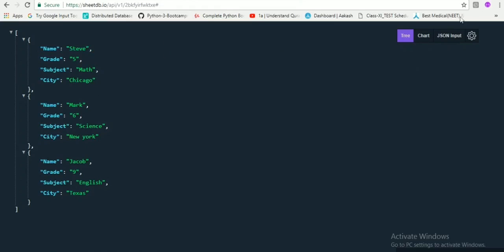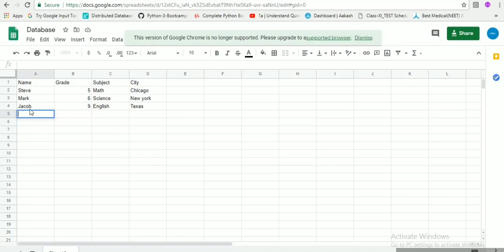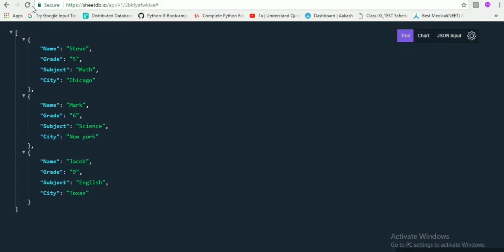And using this application, I've just changed it to look pretty now. So this is the information that is present inside this database. If you want, I could go and add something, let's say Robert, 10th grade, Spanish, and he's from Delhi. Okay, nobody studies Spanish in Delhi, but if we just refresh this, I think we'll